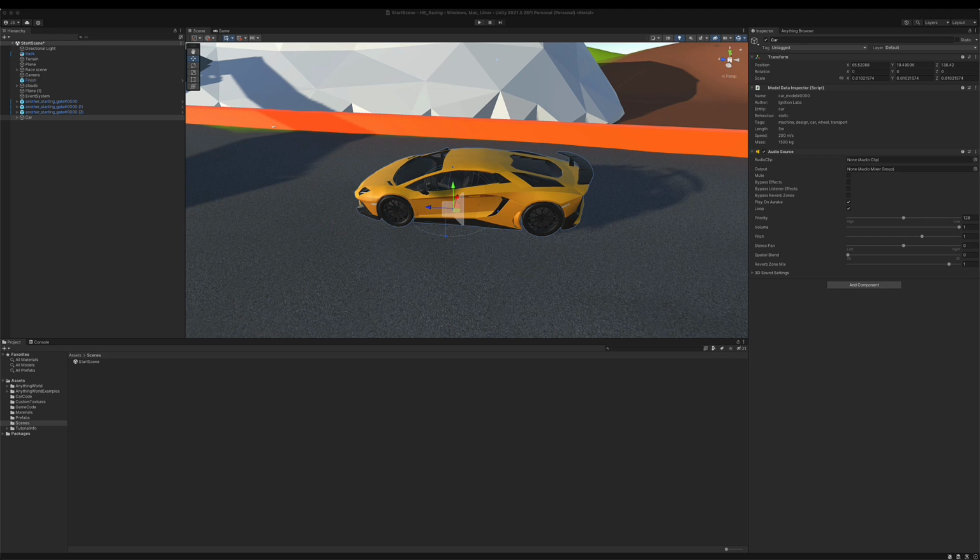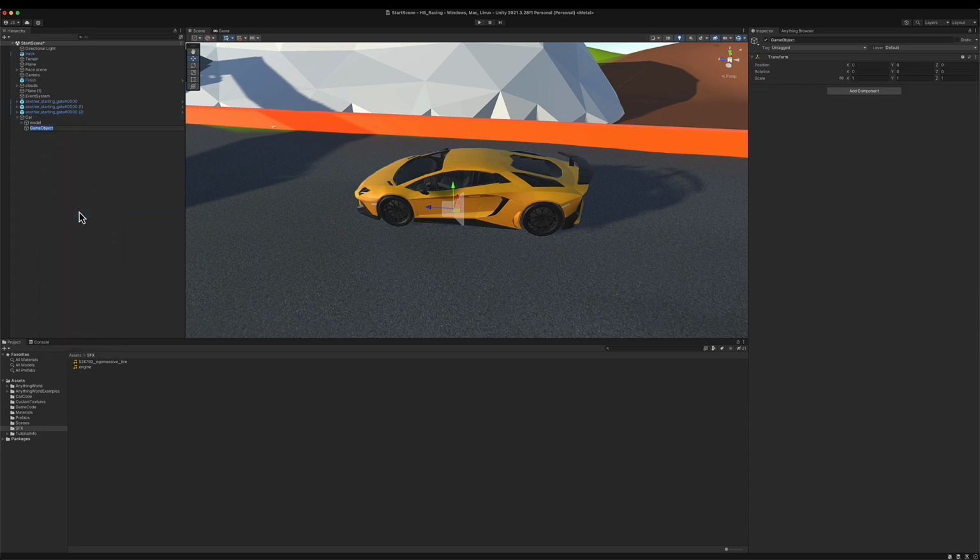You already have it in your project if you got the project. I'm going to bring this sound effects folder, and I'm going to set my audio source's audio clip to engine, which is, as the name says, my engine sound. And for now, I'm going to leave everything as default, and I'm going to add a couple more